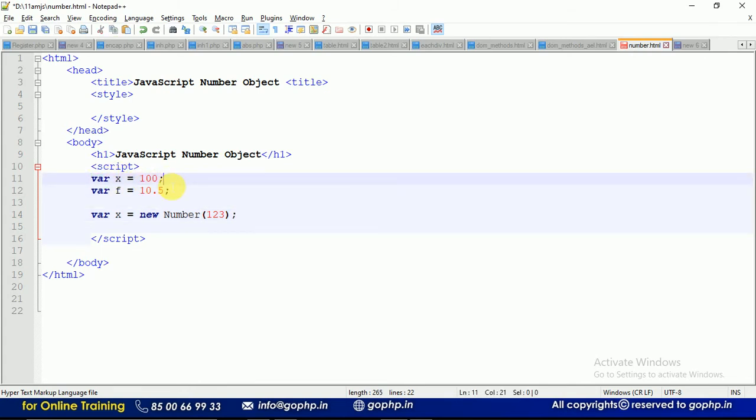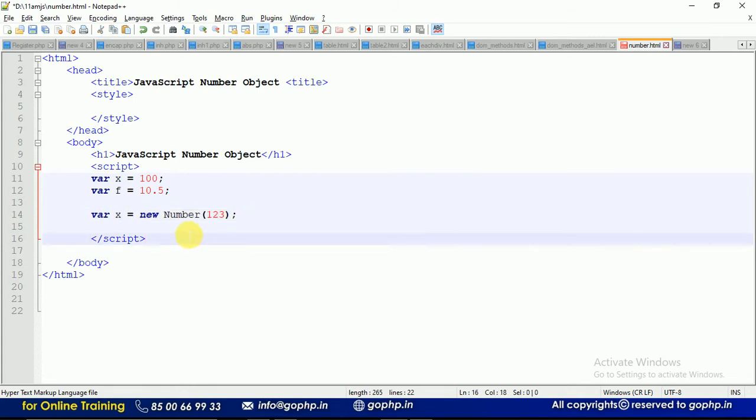But in real time, it is always recommended to go with the literal syntax, and it is not recommended to go with object creation. For one value, object creation is not required. If you want to take 10-15 variables, you have to create 10-15 objects. An object is not a small thing, guys, so don't try to create an object while declaring variables. Try to go with the literal syntax to create numbers or anything.